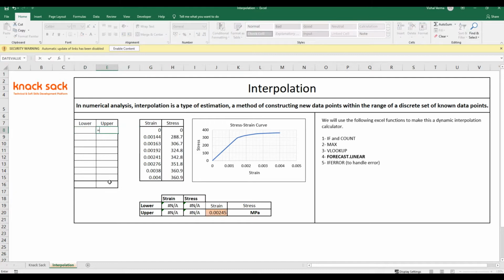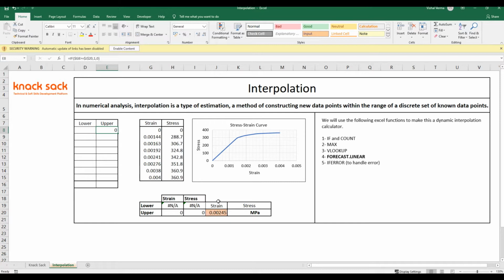I will write an IF function here and compare the strain values with this strain value to check whether it is greater than or equal to the given strain value or not. If it is true, then give me 1 as output, or if it is false, give me 0 as output. So it is providing 0.